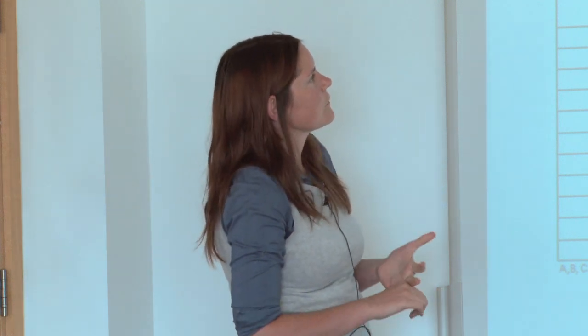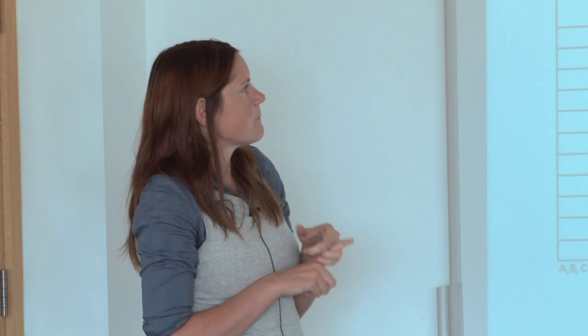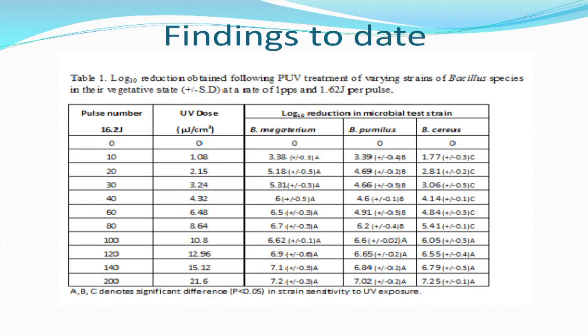This is just one table of the more recent findings. This table shows the reduction obtained following the pulse treatment of various strains of Bacillus at vegetative state. Sorry, so these are non-spores at 16.2 joules per pulse. As you can see, with a low dose of approximately 1 microjoule per centimetre squared, we got about 3.4 log inactivation of the non-pathogenic Bacillus megaterium and Bacillus pumilus,